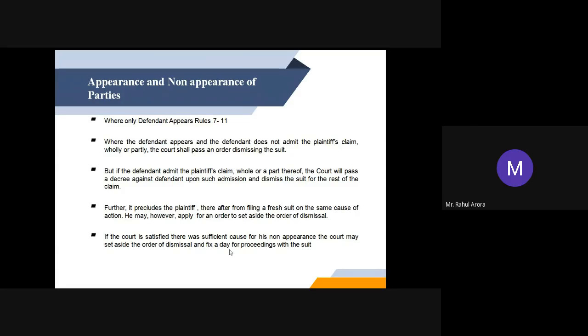Further, it precludes the plaintiff thereafter from filing a fresh suit on the same cause of action. He may, however, apply for an order to set aside the order of dismissal. So from this, we may infer that there is a distinction between Rule 4 and 5 and Rule 7 and 8, whereby under Rule 3 or Rule 4, as the case may be, there is no bar on the fresh suit. In this particular circumstance, if the plaintiff does not appear and the defendant appears, then the fresh suit is barred